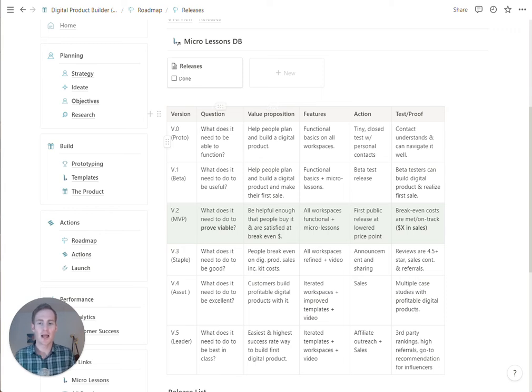So I have actually filled out this table for this digital product builder, which is a little bit meta, but hopefully that's the most kind of authentic example case that I can give, which is how I actually might think about the different versions of this very product. And so at the very, very last version, if everything goes well, if the prototype looks like it's working, if there's a beta test and the users are interested enough and they get something out of it, if we hit the MVP and it is viable and I break even on the cost that it takes to build this,